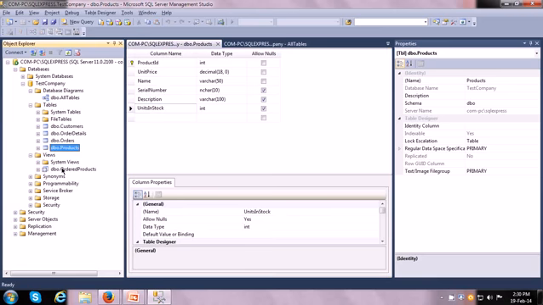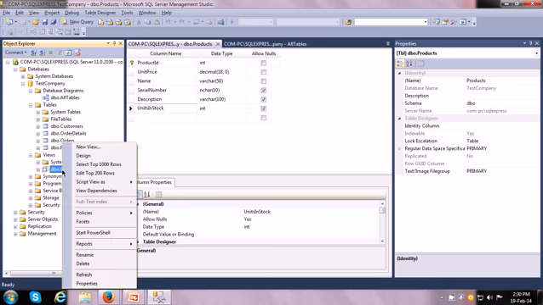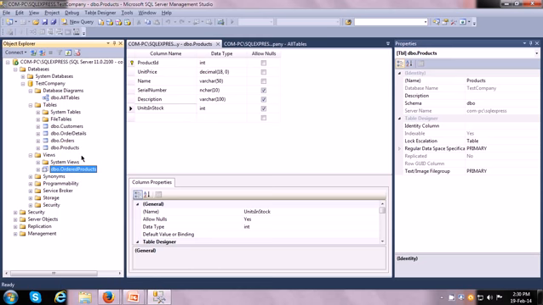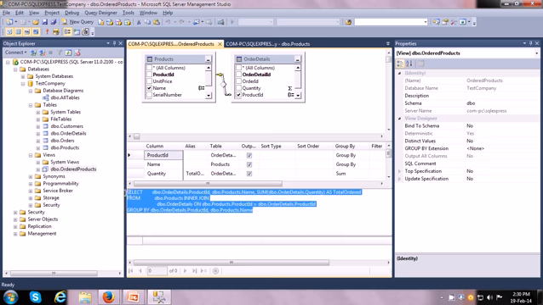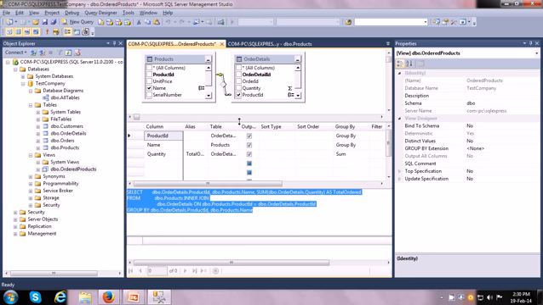We have a view over here, and this is the view. So let us open it in design to see what this view really is. So this is the entire view. So the view name is ordered products, and what this means is it will show us which products have been ordered. There may be many products of the company, but what are the products that have been ordered by the customers? So this view is getting information from two tables. It is getting it from products, and it is getting it from the order